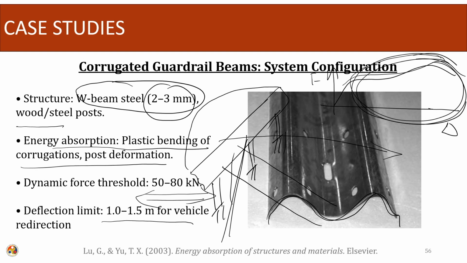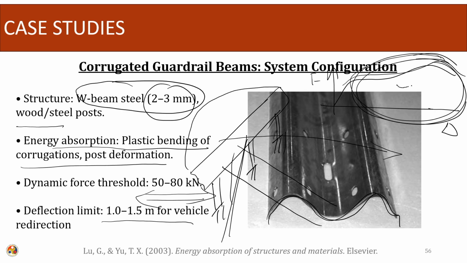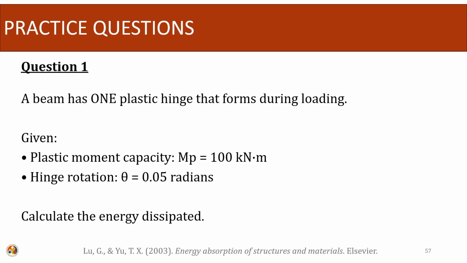So, these are the different applications of the energy absorbing materials and the properties that we have seen. Depending upon the chosen criteria, the thickness and configuration of these members are designed. As we saw from the rockfall mitigation, from the protection of humans, and this one for the protection of the entire vehicle, different criteria are used for different cases. Moving ahead, let us look into some of the examples.